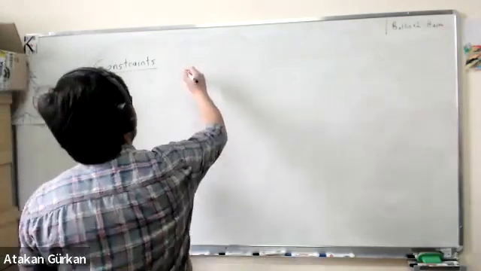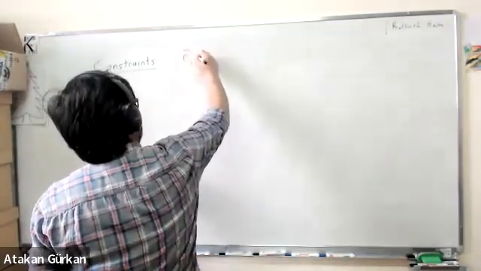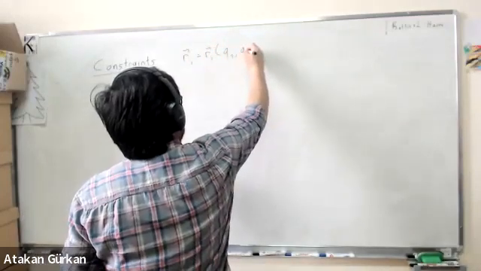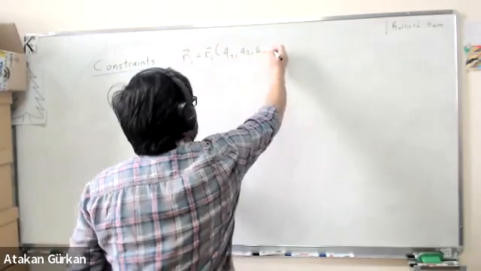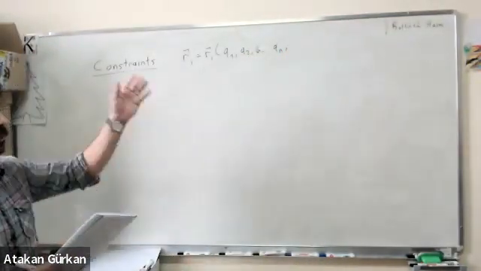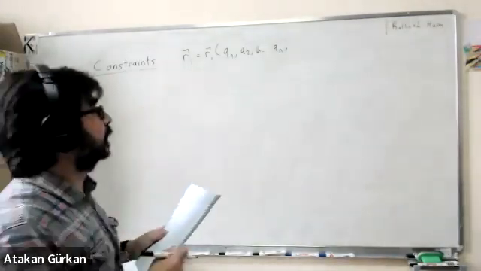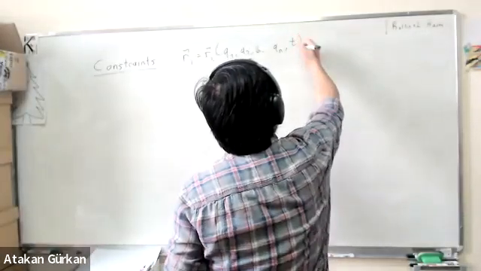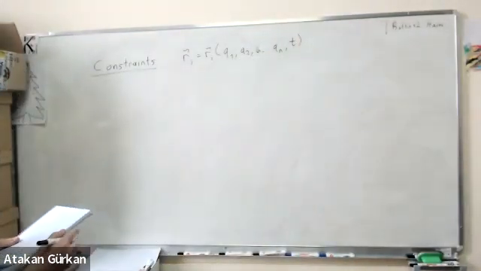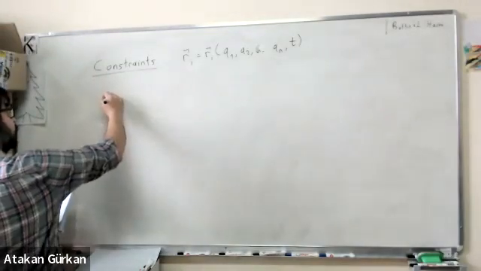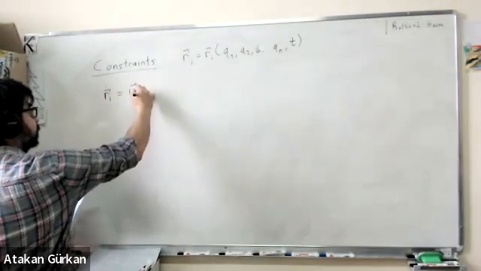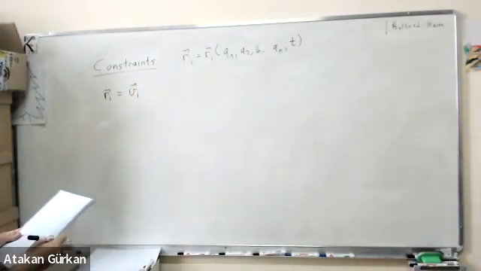Okay, so let's write down our transformation equations. We have a number of these, n of them. I'm not going to use 3n minus k anymore, and just use small n for this. And remember, this potentially also includes time. Now, for r_i dot, we are going to use the familiar notation v sub i,